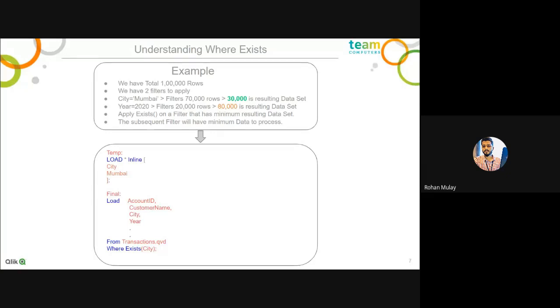And definitely, if you have any questions, you can ask. Hi, Rohan. So this loading is only optimized for loading QVDs, right? If we use a resident load, we can use all those functions, and that is categorized as unoptimized. Why? Because with a resident load the data is already available in memory, so it is fetching the data from memory directly. But in the previous case, we are fetching the data from QVD, which is a bit time consuming, but definitely more optimized than fetching the data directly from the database.